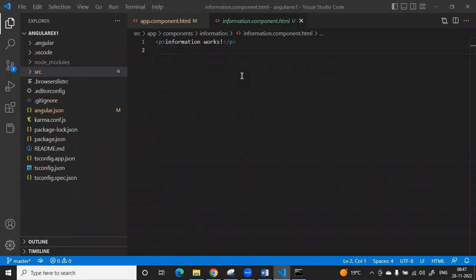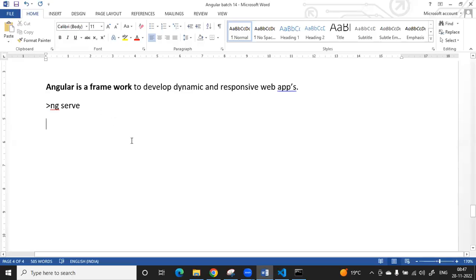First, you need to complete the setup. Everyone, please try to complete the setup. What is the setup? In the setup, first install Node.js. Next,